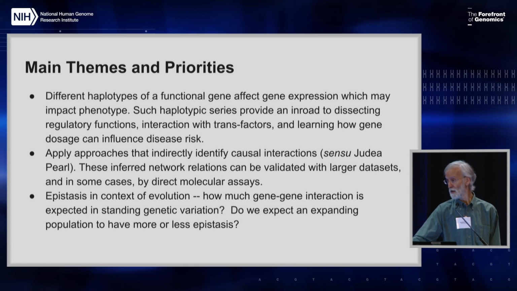As we've collected this information on many, many individuals, we identify not only single SNP variants, but haplotypes for whole regions of the genome that are particularly known to be of large functional significance to particular phenotypes or diseases. So these different haplotypes represent a sort of allelic series, if you will, in the sense of model organisms. And so across individuals, we have many, many different genotypes of those combinations of those allelic series. And this, too, provides a means for dissecting all the effects of the transregulatory factors that hit that part of the genome and provide a particularly nice molecular dissection of that particular gene or gene region.